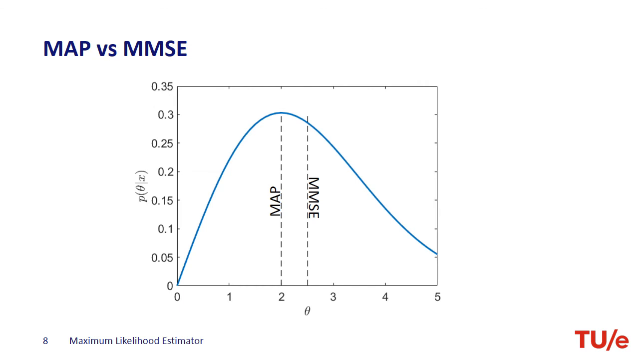To compare MAP with MMSE, consider the Rayleigh distribution for the a posteriori. The expected value for the a posteriori probability density function is as shown in this figure, marked as MMSE. The peak is attained at a different parameter value. But why should we prefer one over the other? First,